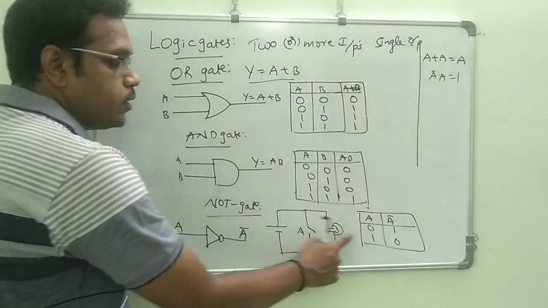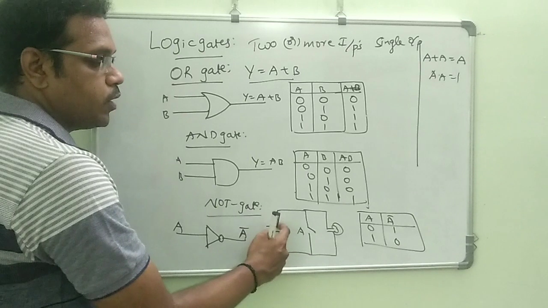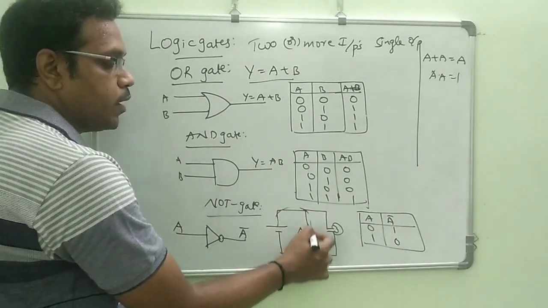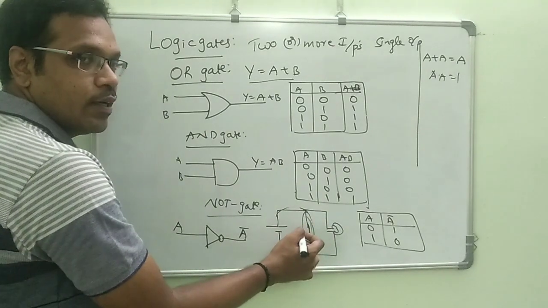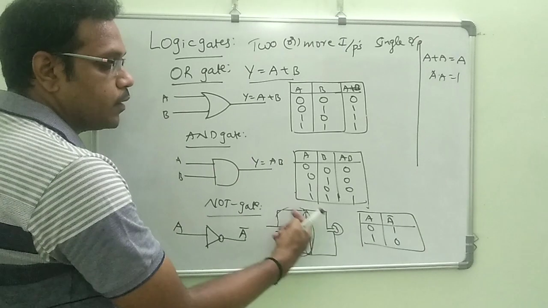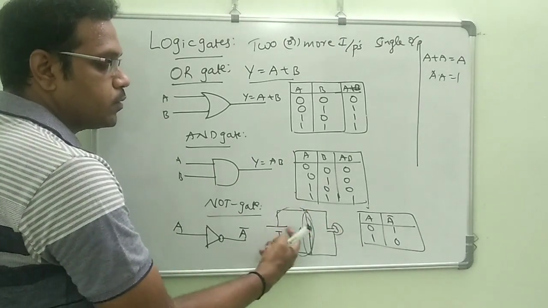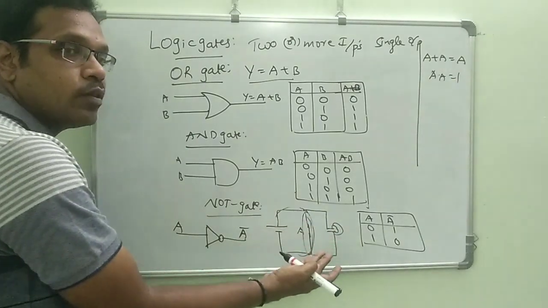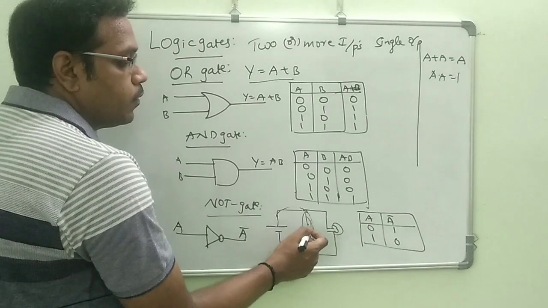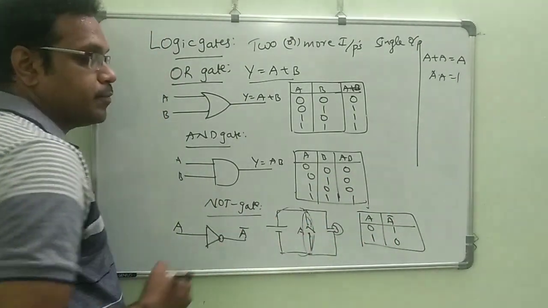If that switch is off, that is, I didn't turn this one on, the bulb will glow. Suppose the switch is on, the current will come like this, so it behaves like a short circuit, because I already told you that current will go along the easiest path. The current will not go through the bulb because the resistance is there now. So it goes like this, so there is no chance of the bulb glowing. That is called a short circuit. So if you switch on, no light will come. That type of combination you will get here.